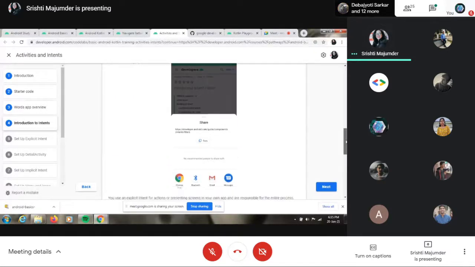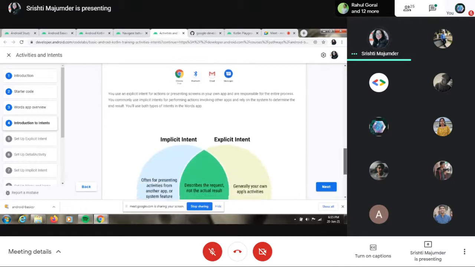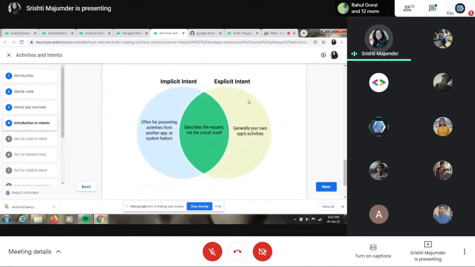That's it. So one easy example is that suppose you are on this developer's page and you are automatically given a link and you want to share. So what you see, you get this pop-up option where you have to share or open in another browser. So this is what an intent actually does. It gives a direction. And this is nothing but giving what is an explicit and an implicit intent, and what is common among those.